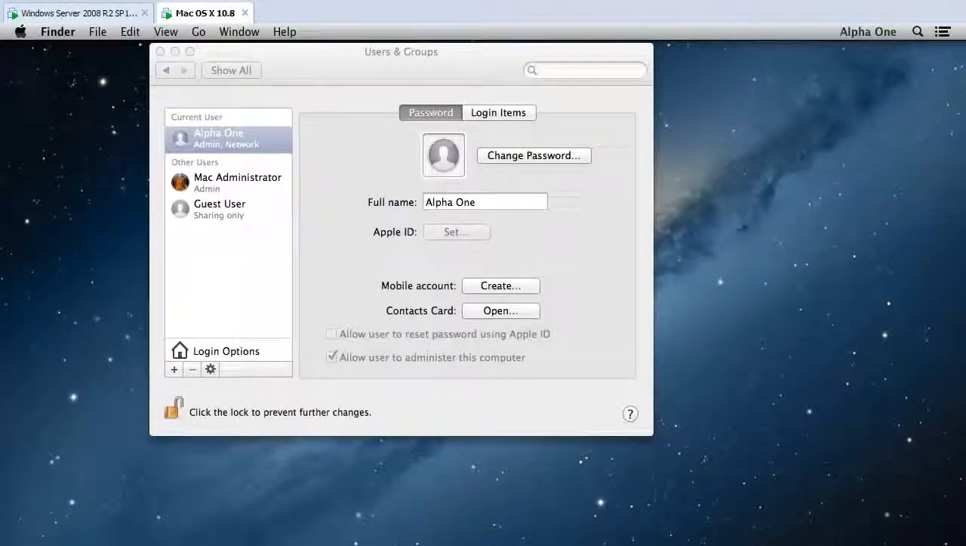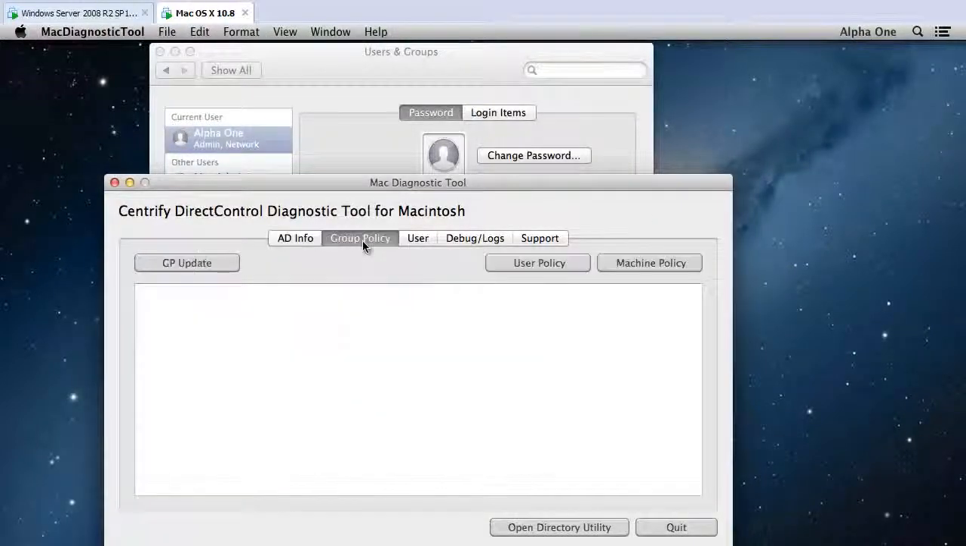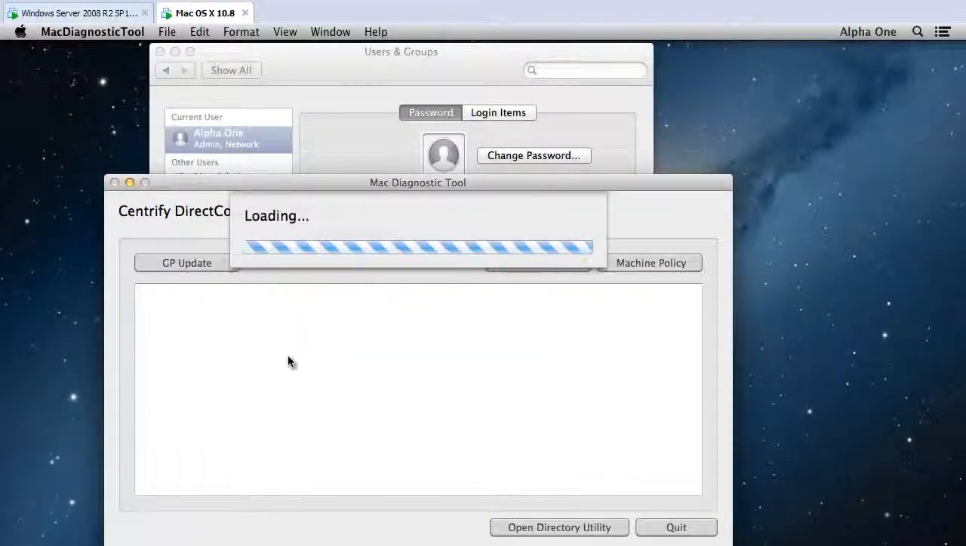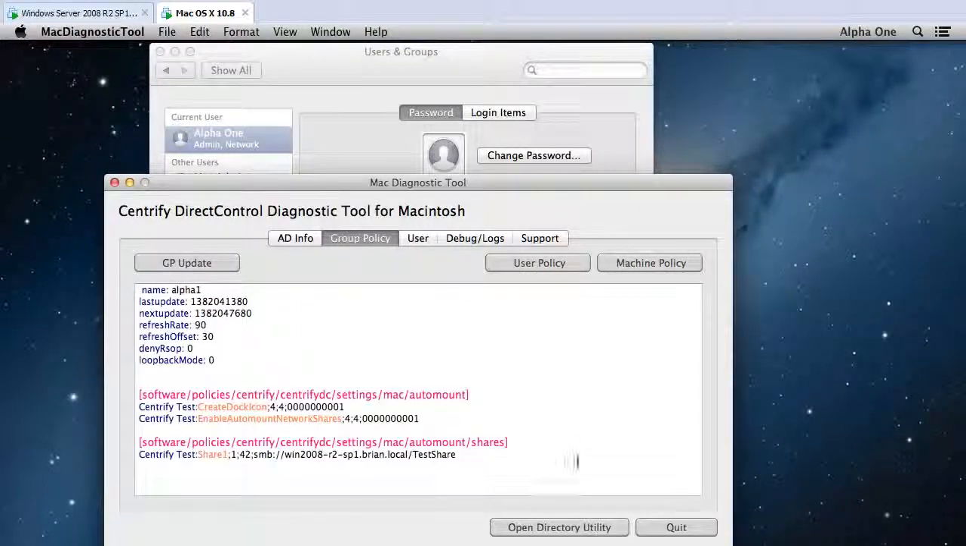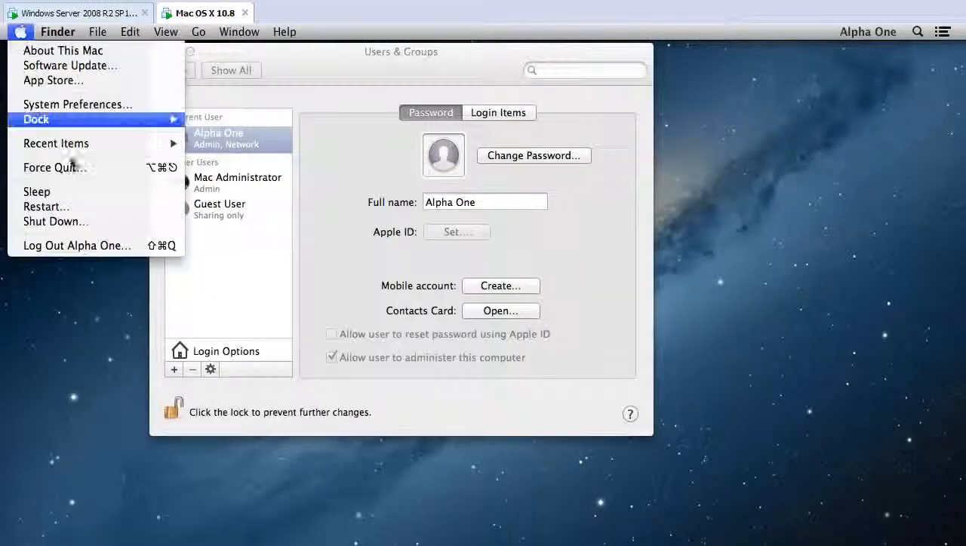We'll go back to the Mac and let's update group policies again. Again, you can use the user policy to check. You can see that the Centrify Test is now applied on the user policy side, and you can see my network path applying there. If I log out and log back in,